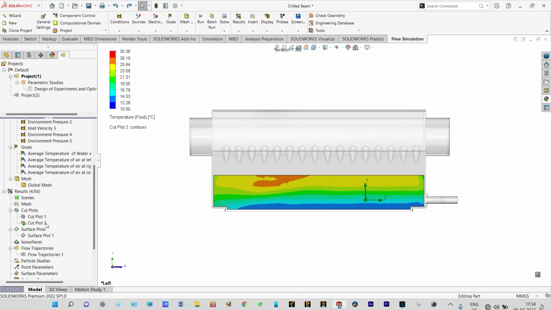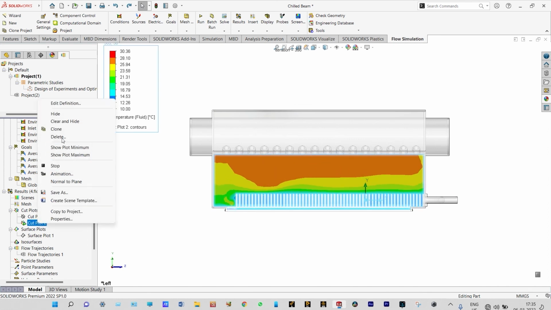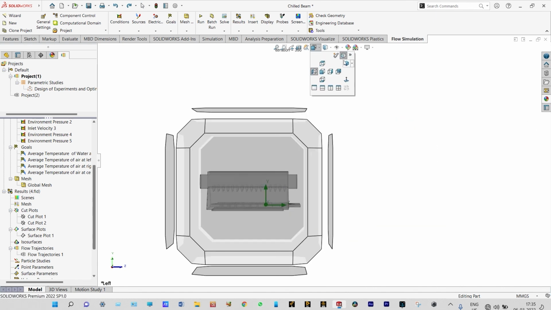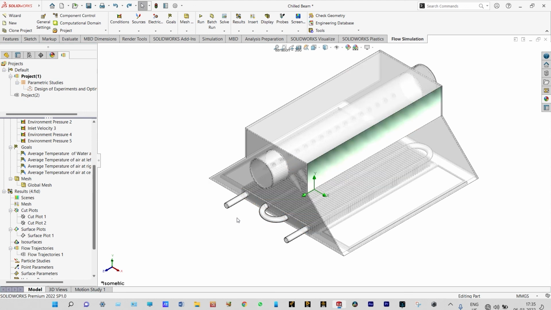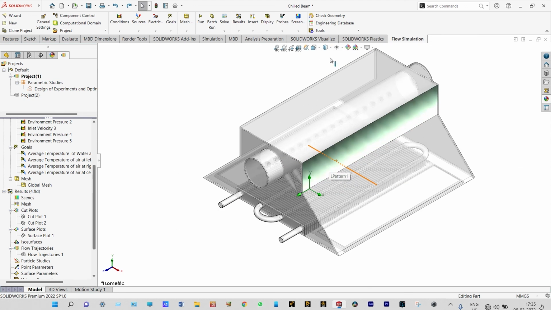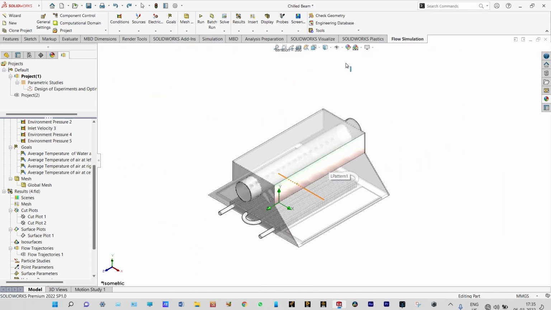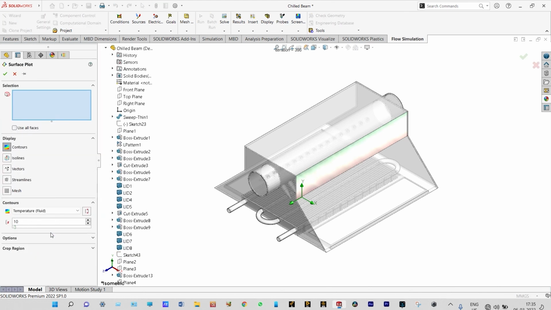Let us clear and hide this. Cut plot 2, clear and hide. Next to that, we need to see surface plots. Before that, we need to see the model in isometric view, right? Okay, now surface plots. Insert surface plots, and we want to see temperature throughout the surface of this chilled beam,